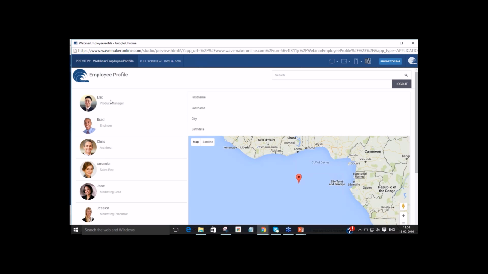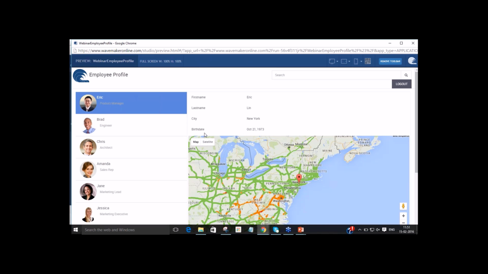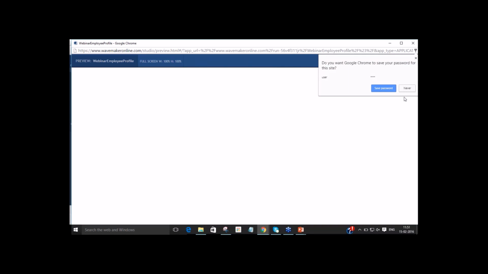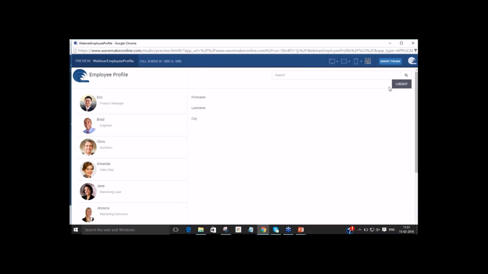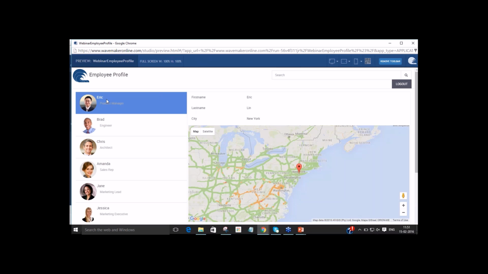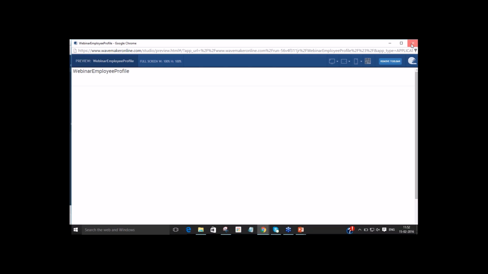Right now, we are logged in as admin. That's why you're able to see the birth date. Let me log out and log in as a user. This time, I'm logged in as a user with a user role, not an admin role. You see, there is no birth date out there. Last but not the least,